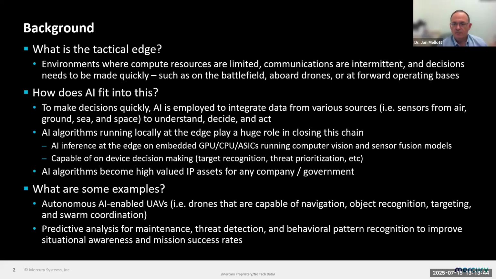The other thing AI can do for you is highlight areas of interest. I can tell you, 30 years ago, I was working on a team enhancing mammograms to make them easier to read for radiologists. It was really not so much about giving you the final answer for every mammogram, which, if you ever look at one, is like looking at a snowstorm. It's about finding the areas of interest that are important for the radiologist to see. And so you can get some of those same benefits with AI processing.